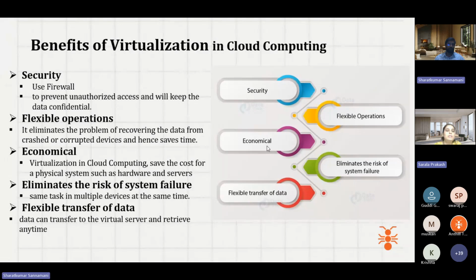Then it eliminates the risk of system failure. Since you are running multiple operating systems on the same hardware, the risk of failure is very low, because the backend team is continuously monitoring. These operating systems will be installed with security tools, such as CrowdStrike, McAfee antivirus, or any cloud monitoring tool, which will be in continuous monitoring.